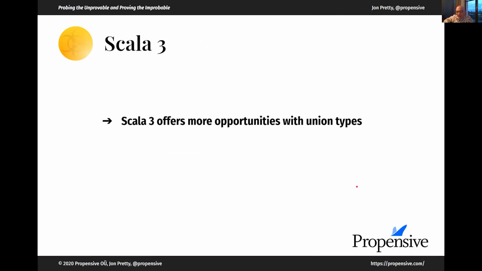So you might have been thinking while I've been talking about this, I defined all those sealed traits, which give us the ability to do exhaustivity checking on the various partial functions that we define with quarantine. Scala 3 gives us union types for the first time in Scala. And we can use these as an alternative to sealed traits. The main difference is that we don't need to define the unions in advance.